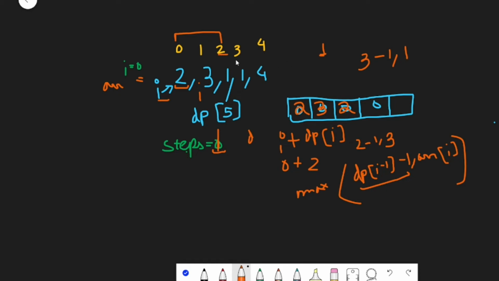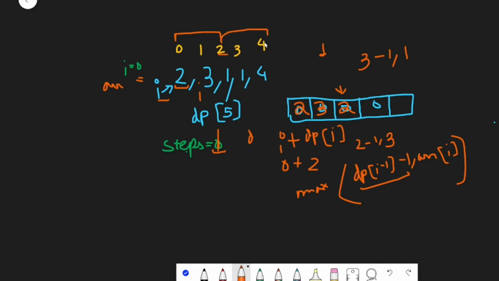Now we have actually traveled from index 0 to a maximum of 2 distance already, but still we haven't reached our target element. Hence we need to see what's there in dp of i. Currently in dp of i we have value 2, which means from here we can travel a maximum of 2.